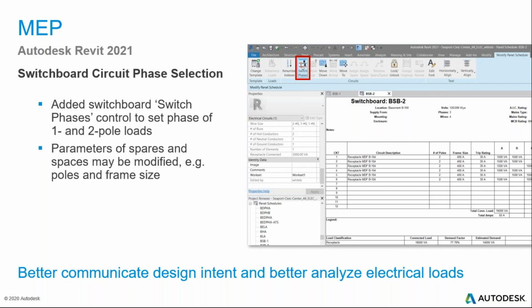This toggles the phase to which the circuit is connected and loads on the switchboard bus update accordingly. Additionally, it is now possible to modify parameters of spares and spaces, such as the poles and frame size. This allows users to specify the desired phase for circuits on switchboards.